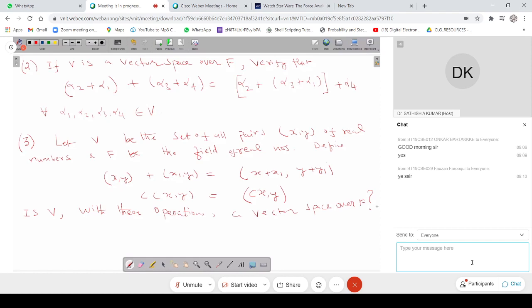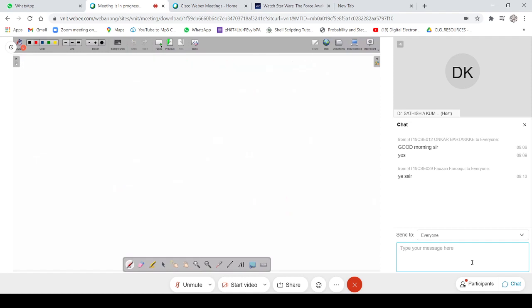We can modify this exercise 3 a little bit. Again, if you take something else in place of y, I am just replacing it with something else. Suppose we have this problem also. This is also not a vector space. You can try this also. I am writing this as the fourth problem.